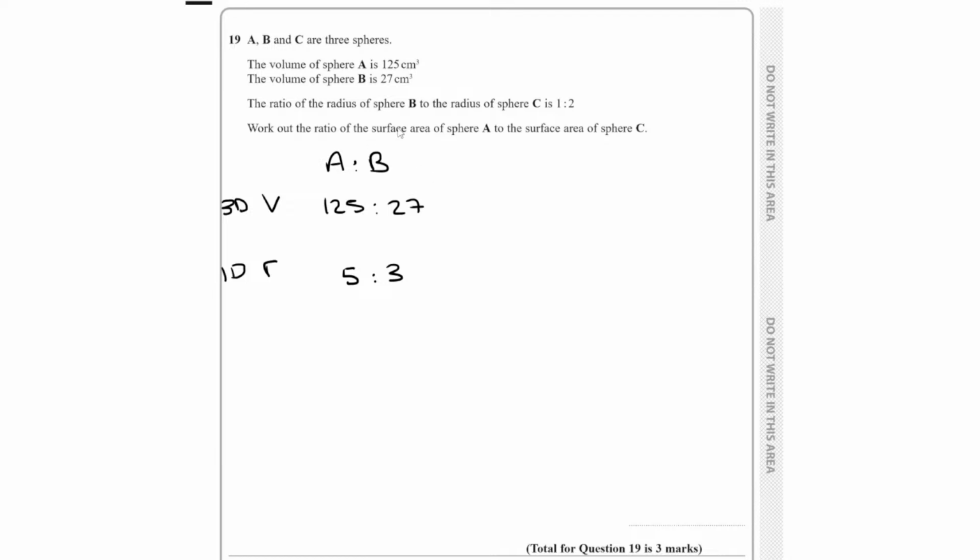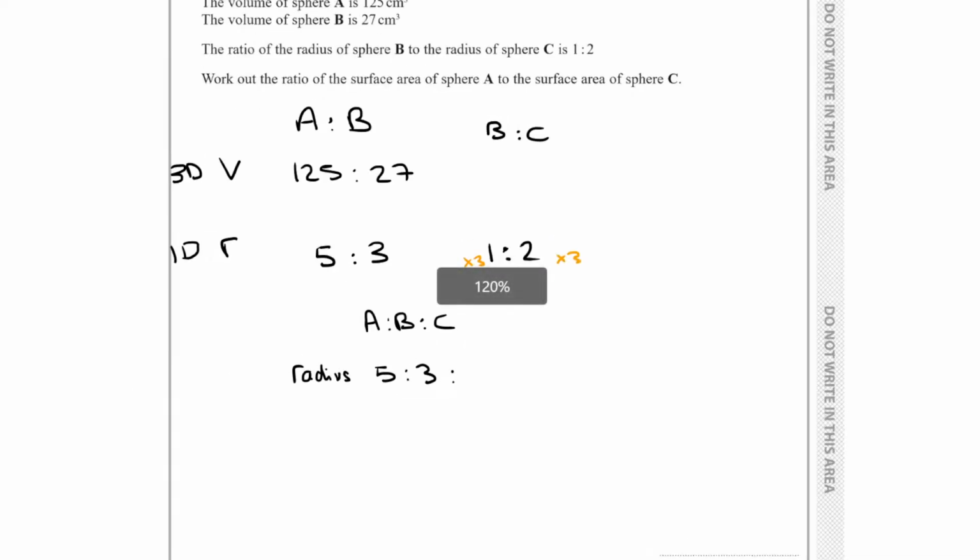Now, they have then given us the ratio of B to C, haven't they? For the same thing, for the radius. It's not that the radius is 1 or 2, it's just that that's the ratio, isn't it? So I can line that up here. Now, do you see how I've got an overlap of B, as in they both have B in them? So what I could do is scale them to make a 3-part ratio for the radius. So I would probably just multiply this one by 3. That's the lowest common multiple, isn't it? So do you see how I could write, again, you might lay it out differently to me, but I'm just showing you this. For the radius